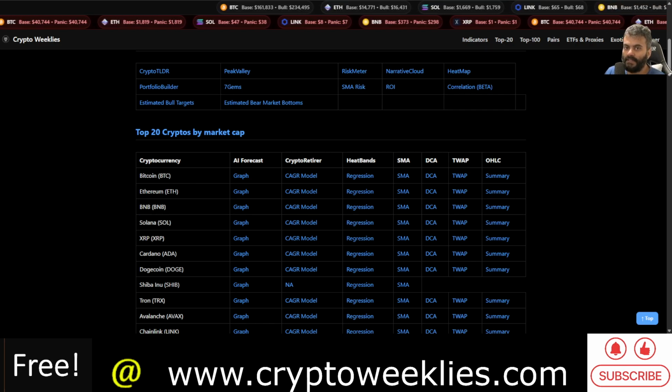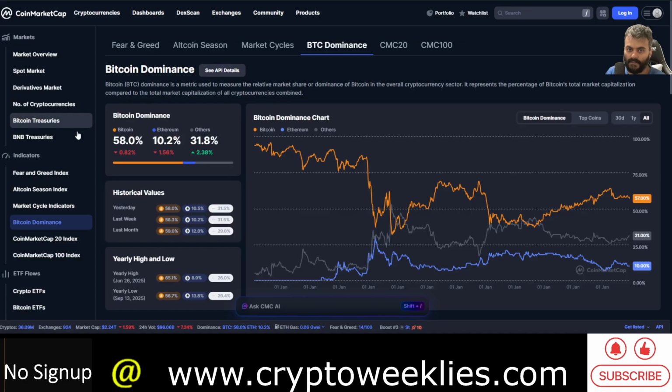The asset class is largely held by, the market share is largely held by Bitcoin and ETH. Together, roughly speaking, 68 to 70% of the market share is held by these assets. And again, of the 31%, a large chunk of it is held by stable coins, which are essentially fiat currencies wrapped into a crypto based platform.